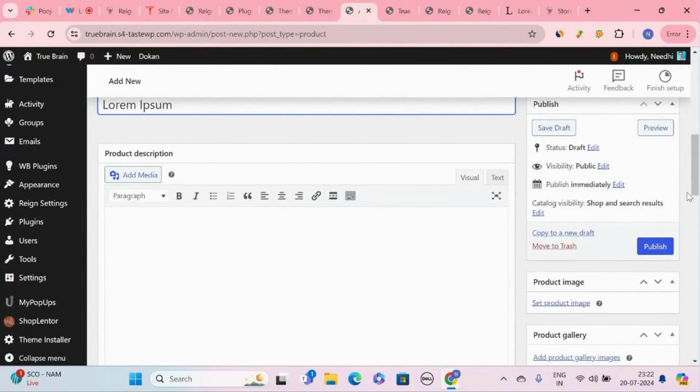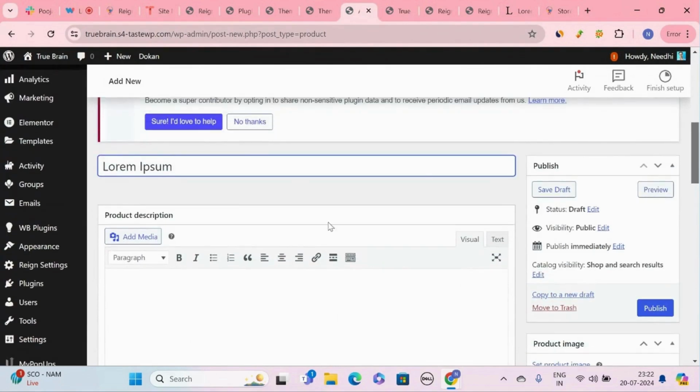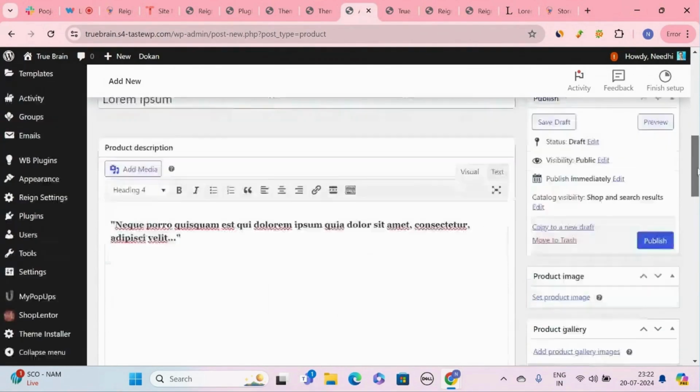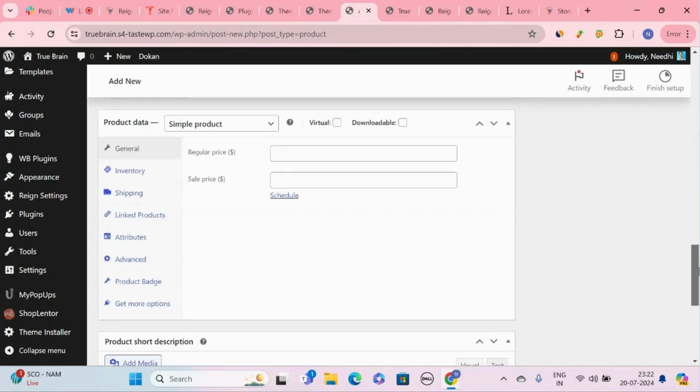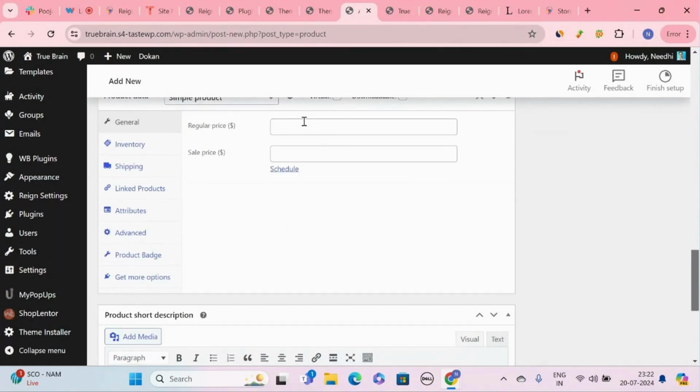Here you can specify the product name, and here the short description. You can set the price. You can specify some sell price.